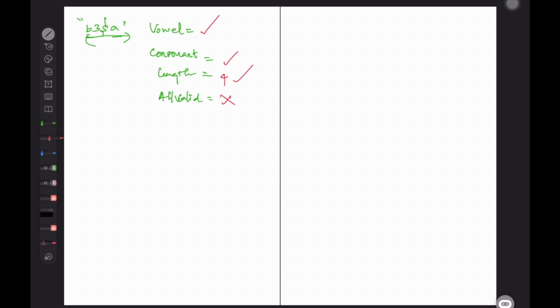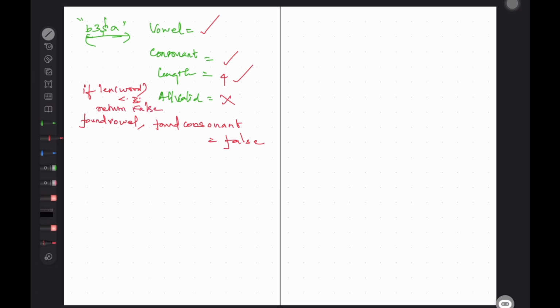Initially, we should have two variables, found vowel and found consonant. Let's have these as variables which are initially false. First, by seeing the question itself, you can check if the length of the word is less than 3, then you can straight away return false.